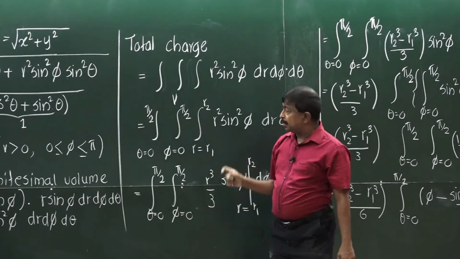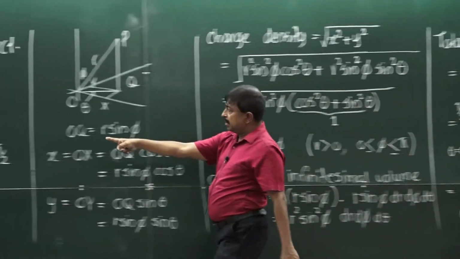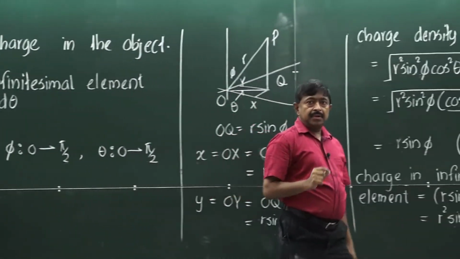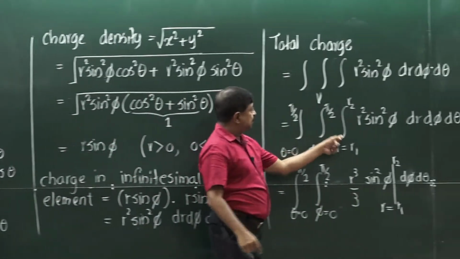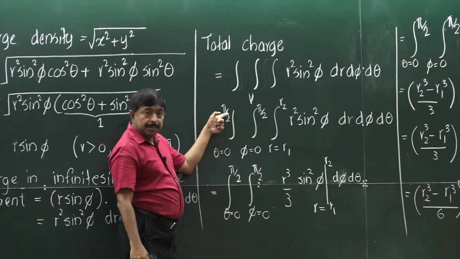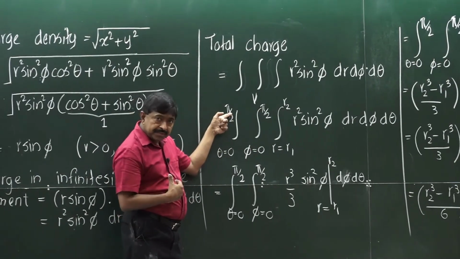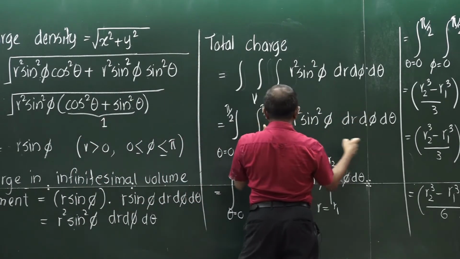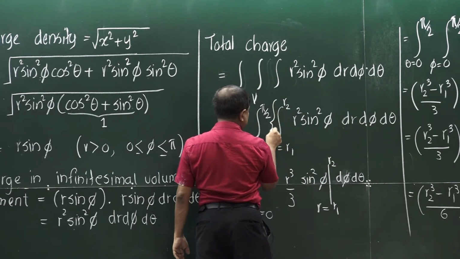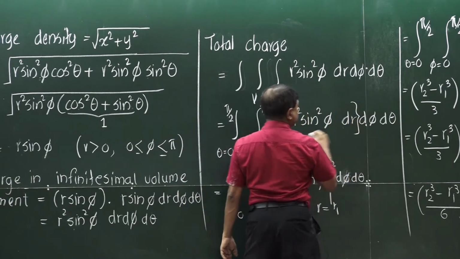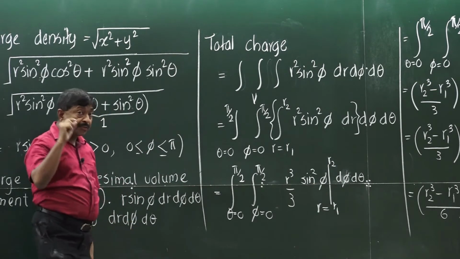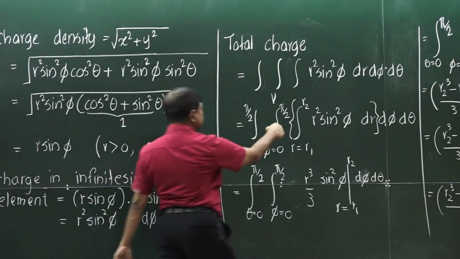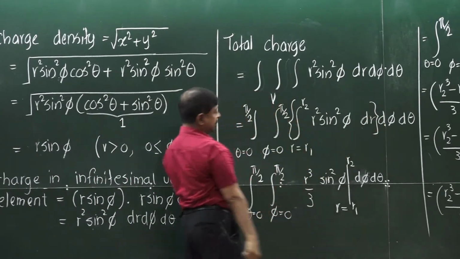Now, recall those limits. Again, I will go back there. These are the limits of the respective variables. Now, you assign those respective limits in the appropriate places. Here in the first case, just for the sake of clarity, I will put a pair of braces. Remember that it is not a must, but for the sake of clarity, if you want, you can introduce a pair of braces like this.